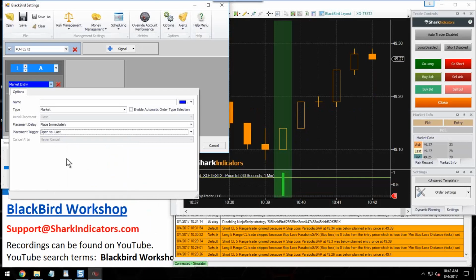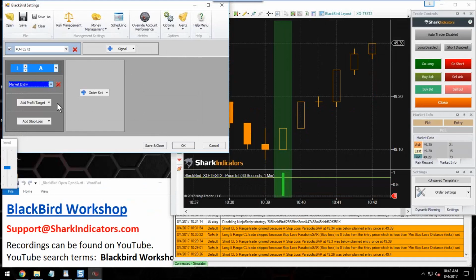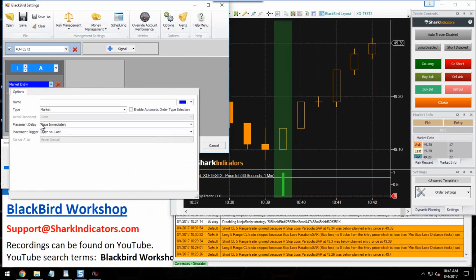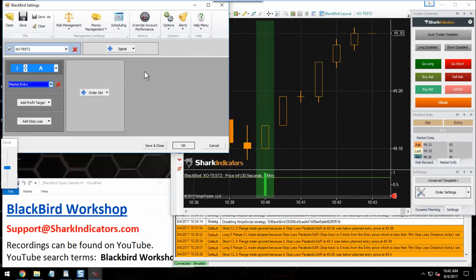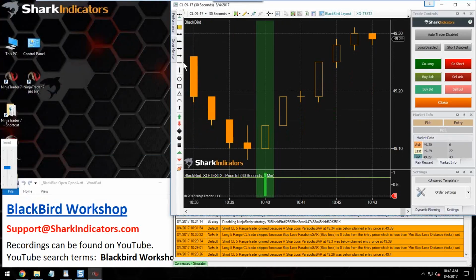And there's no delay. We don't want to delay anything on this. I think that's all that's needed, or at least that's all that's needed for setting up our market entry order. There is one more thing that's needed. Since the order is wanting to go in as soon as